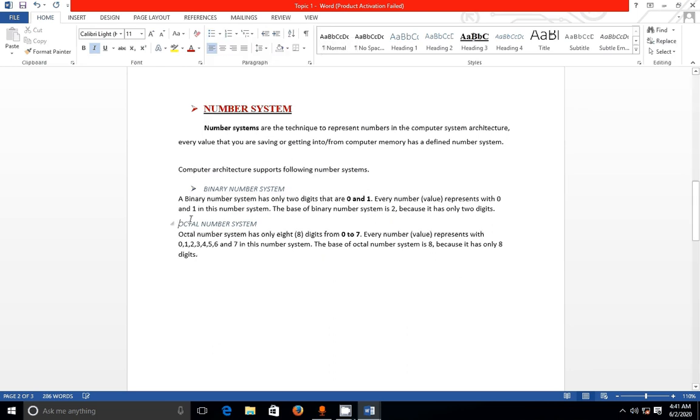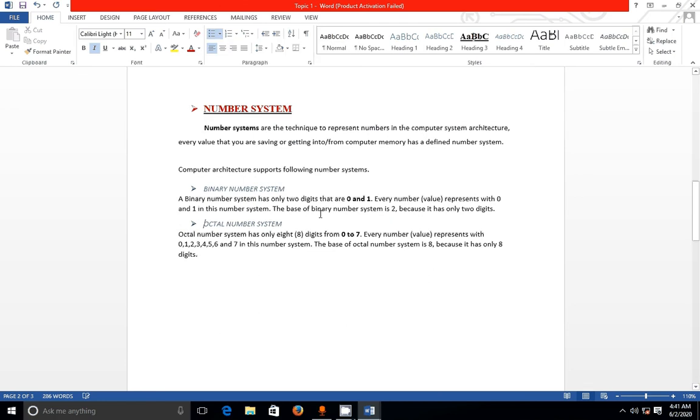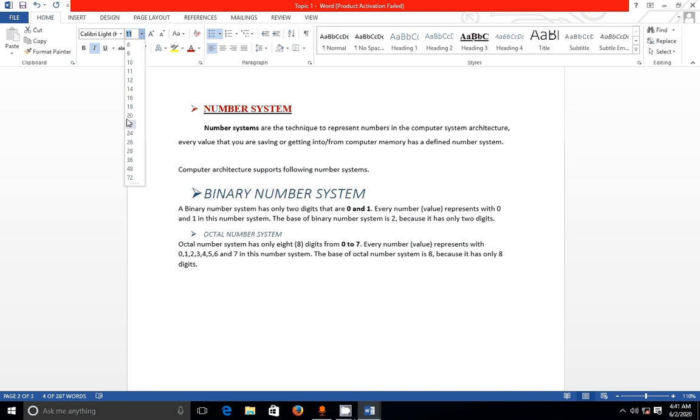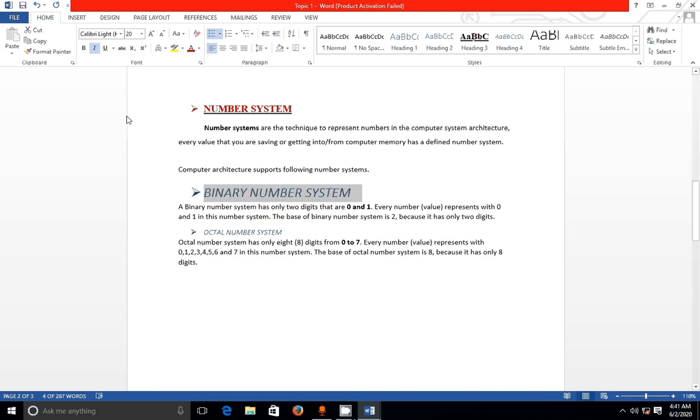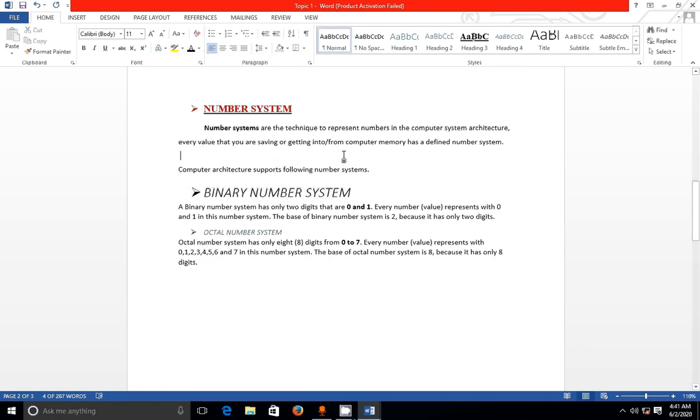Then again third, octal number system, then click on bullet. Okay, like this. I want a different color. Okay, like that. Do you all understand?